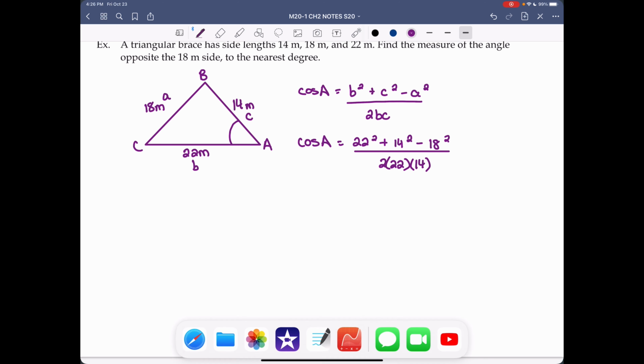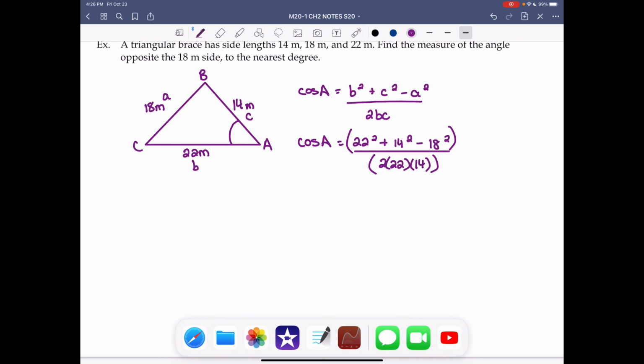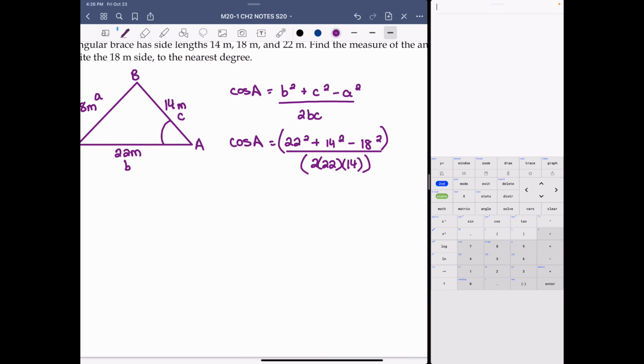Then put it all into my calculator. Remember, in the calculator, I want brackets around the top and I want brackets around the bottom, unless you can put it in as a fraction in your calculator, which is even better. So bracket 22 squared plus 14 squared minus 18 squared, close bracket on the numerator, divided by, open bracket on the denominator, 2 times 22 times 14, close bracket on the denominator, enter, we get cos A equals